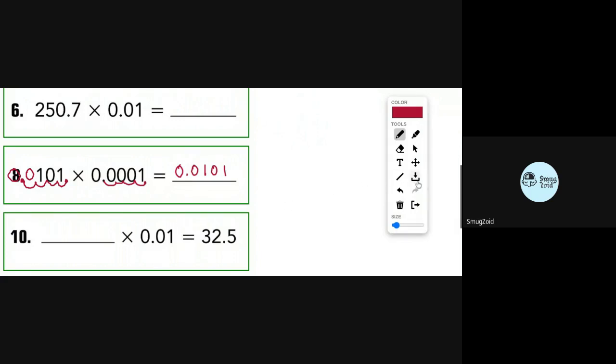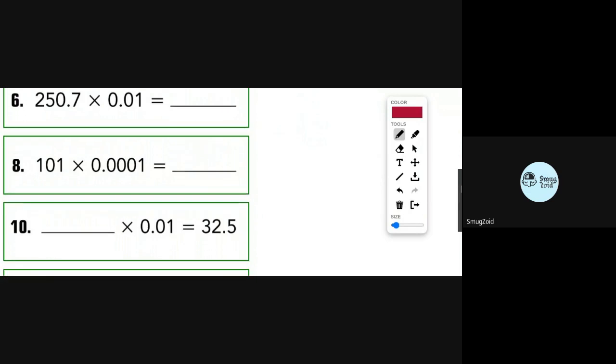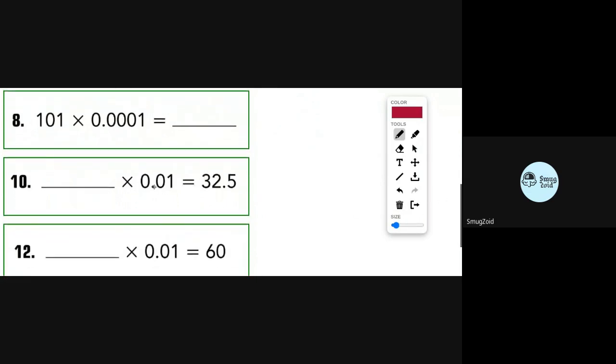Okay. Now this is where it gets a little tricky. They give you the answer. They tell you what you multiplied it by, and they ask, what was the original number? So with these, you just move the dot in the opposite direction. If I move this back here twice, 1, 2, I do the same with this one. 1, 2. So now I got to put a 0 here. So my answer would be